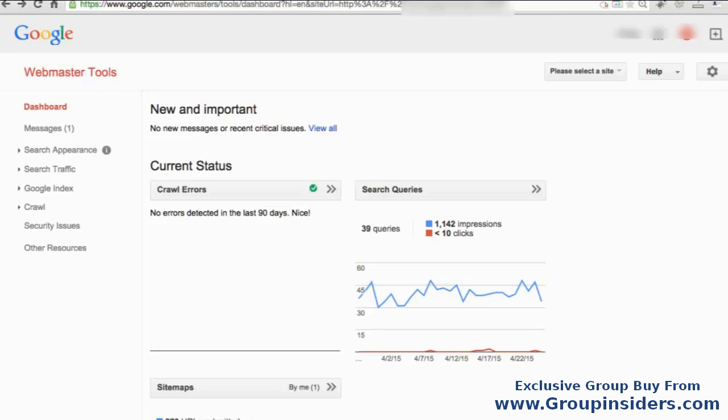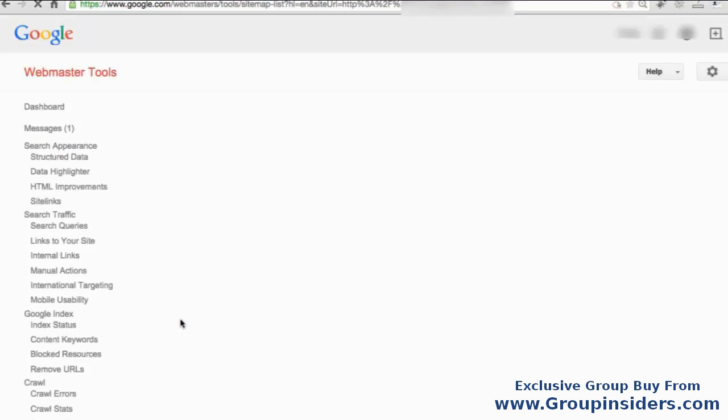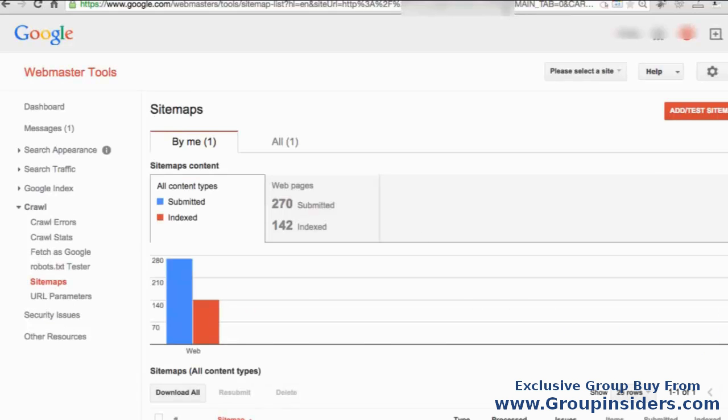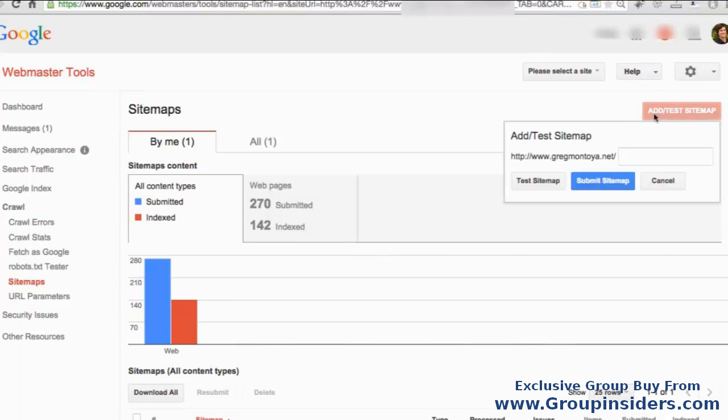Okay, so we're in the Google Webmaster Tools backend, and now I just want to show you how to install your sitemap onto the Webmaster Tools and how to submit it to Google so they can crawl it. What you want to do is simply scroll down to the section labeled Sitemaps, and then you're going to see here a button that says add or test a sitemap, and simply find the URL where the sitemap is located on your domain and just enter it here